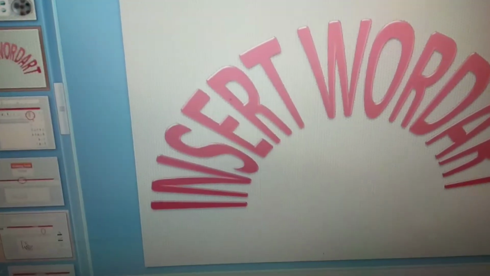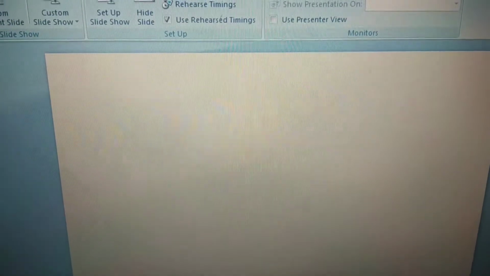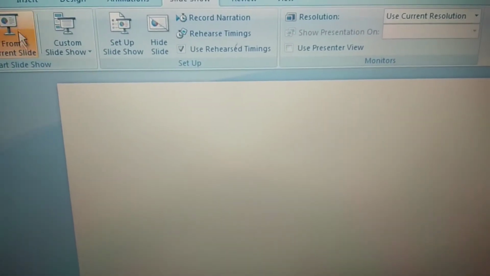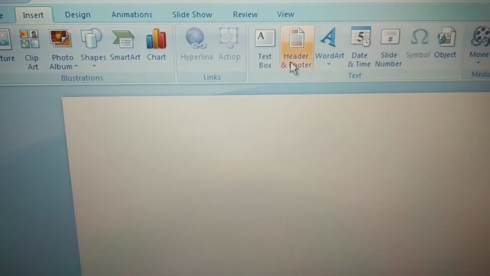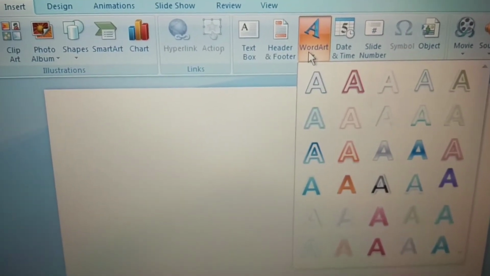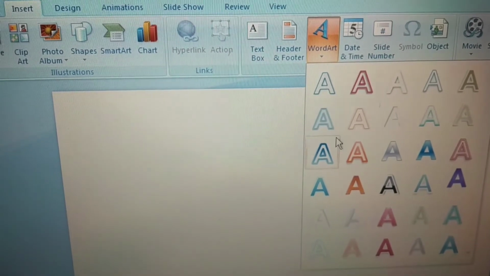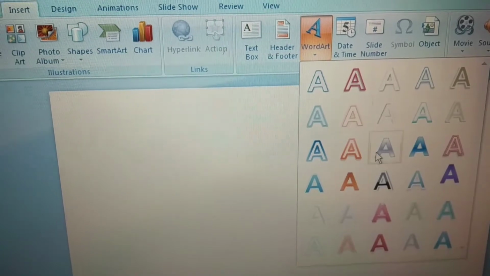Let us see. First of all, we have to open Word, then go to the Insert tab, Word Art. When we click on Word Art, a drop-down list with different styles appears. We can select